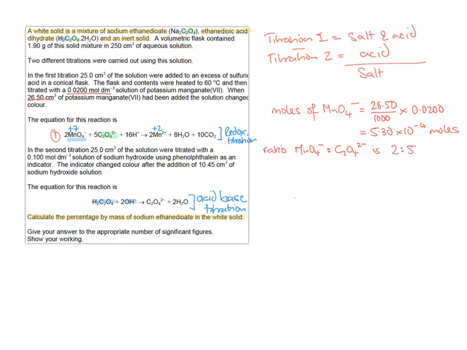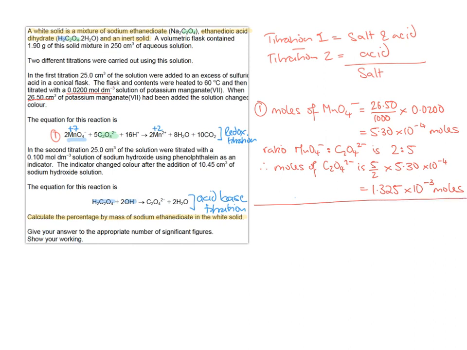So therefore, the moles of ethane dioate ions in this titration is 5/2 times our moles of manganate 7, which equals 1.325 times 10 to the minus 3 moles. So that is titration 1. We can just draw a line onto that for the moment and move to titration 2,